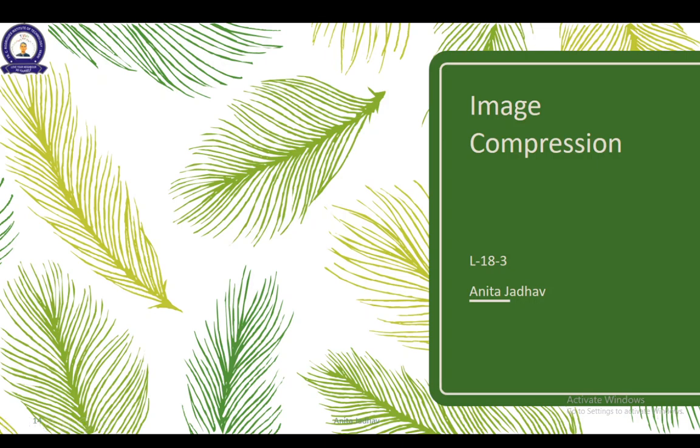Hello students, welcome back to the image compression module. So till now we have gone through different types of images, because depending on the type of images we try to implement the compression algorithm. And then we have gone through the different basic approaches which can be implemented to carry out the compression